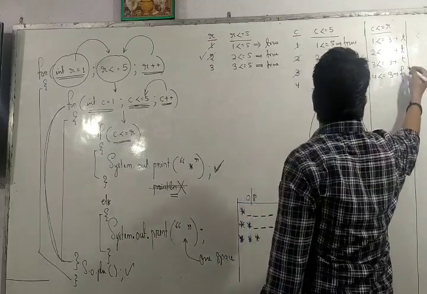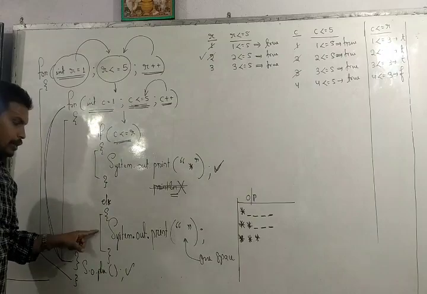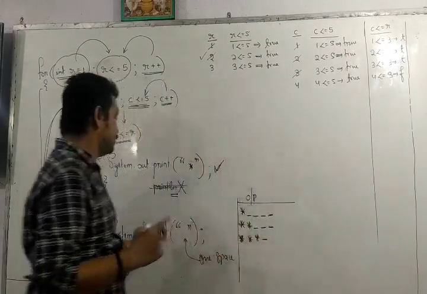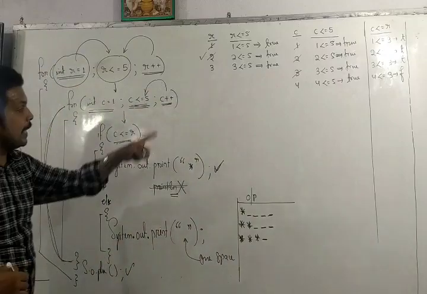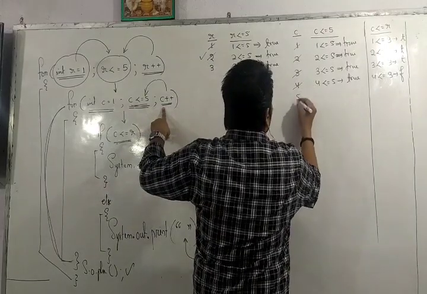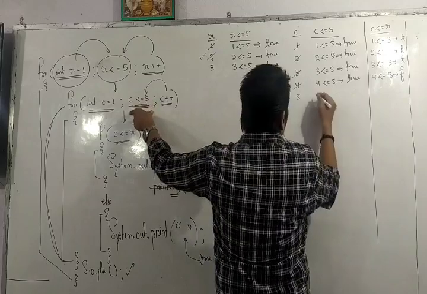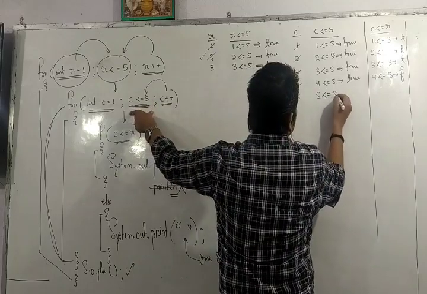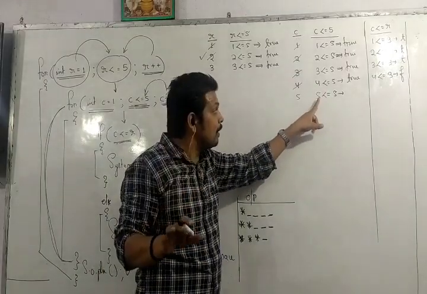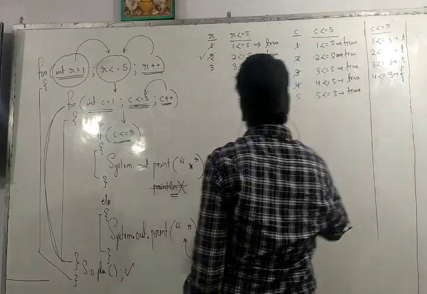If we will get false, the control will go to the else part and print one space. Then the control will go to the updation expression of inner for loop, that is C++. C++ is 5. Then it will go to the testing expression of inner for loop. C less than equal to 5. 5 is less than equal to 5. So 5 is less than 5? No. But 5 is equal to 5? Yes. So it is true.